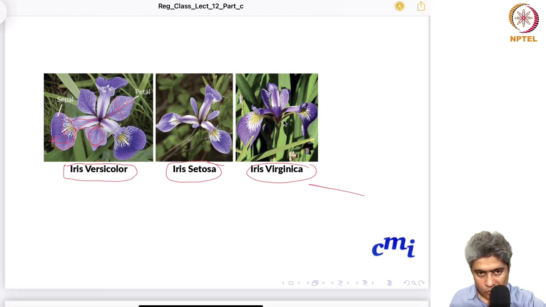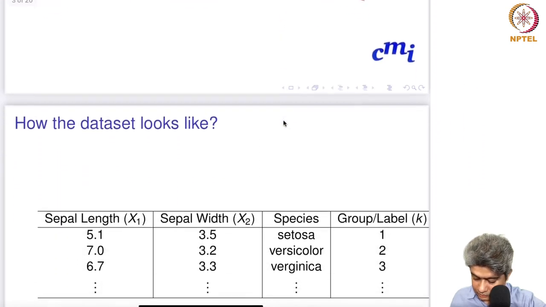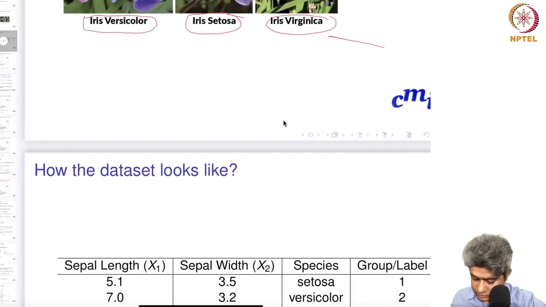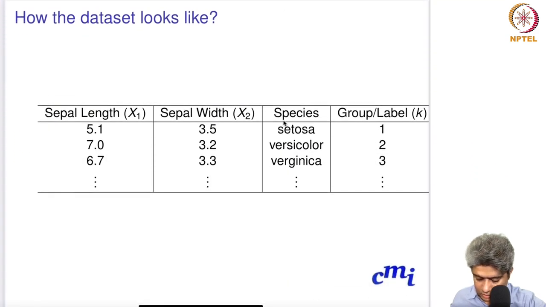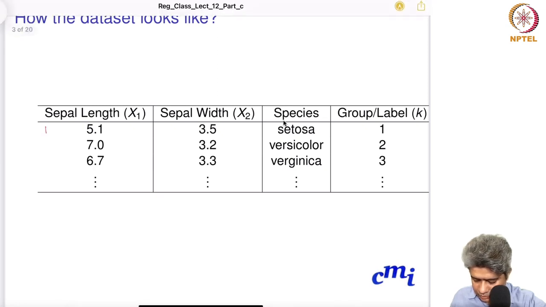These are the values that are collected for different flowers. This is how the dataset looks. For a particular flower, say sepal length is 5.1, sepal width is 3.5, and suppose it is setosa,